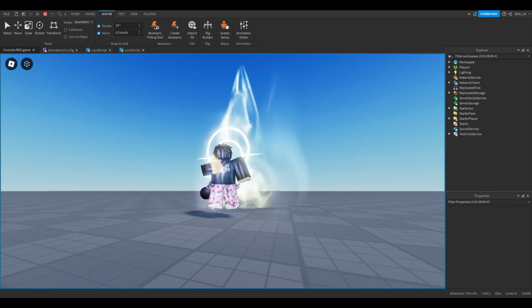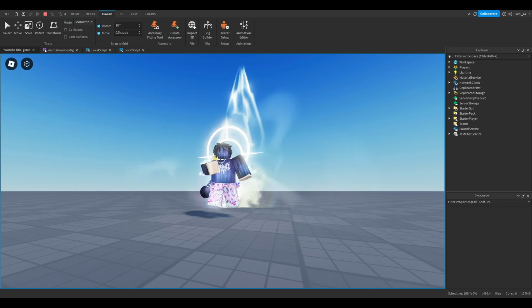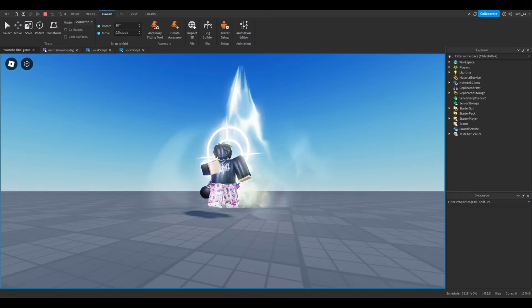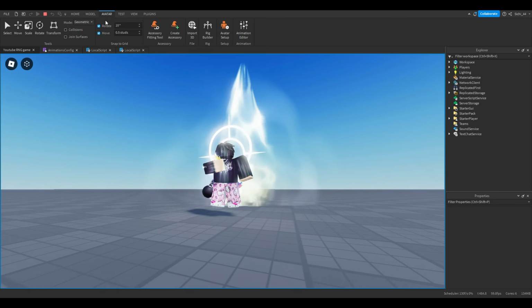So the first thing you're going to need is actually to get this profile service. You can find this in my Discord, or just search for profile service Roblox, and you will see this link. Just click on get this model. Then when you got the model, it just basically